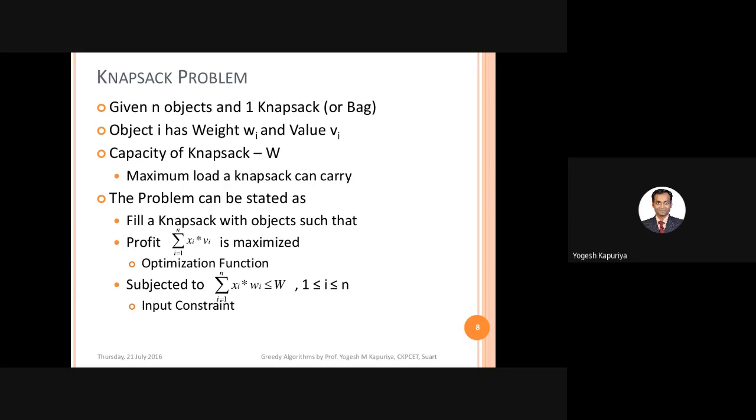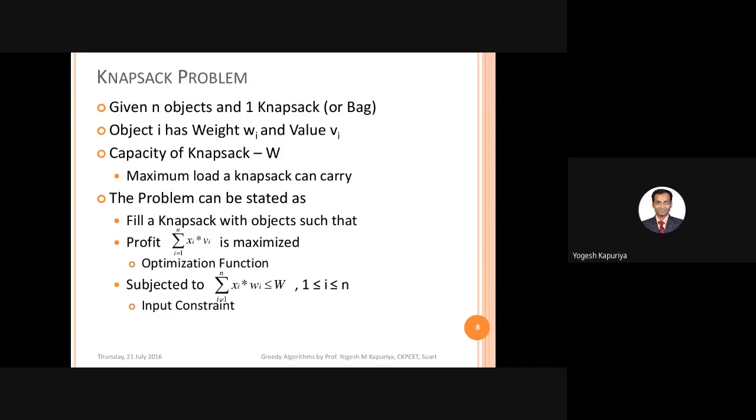So the problem setup is something like this. You are given n number of objects and one knapsack. Knapsack means a kind of bag. Each object has some weight and value associated, and the knapsack also has some capacity associated with it. Capacity is a number which tells you the maximum load a knapsack can carry.